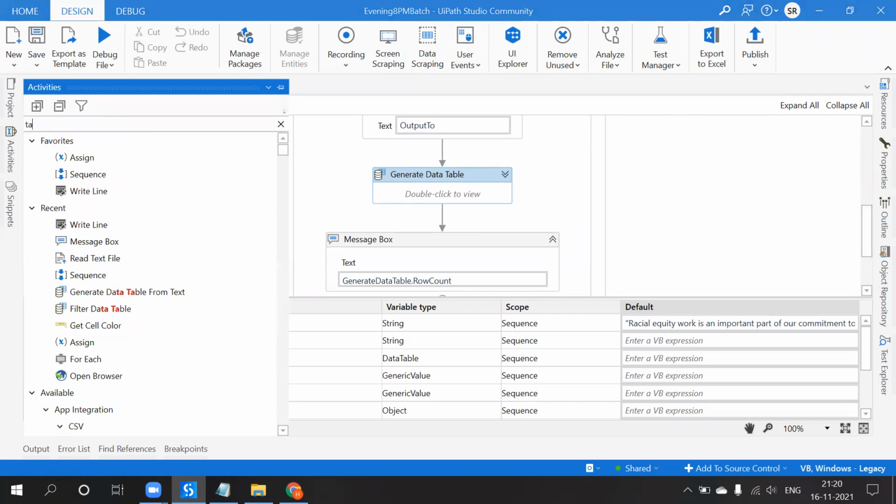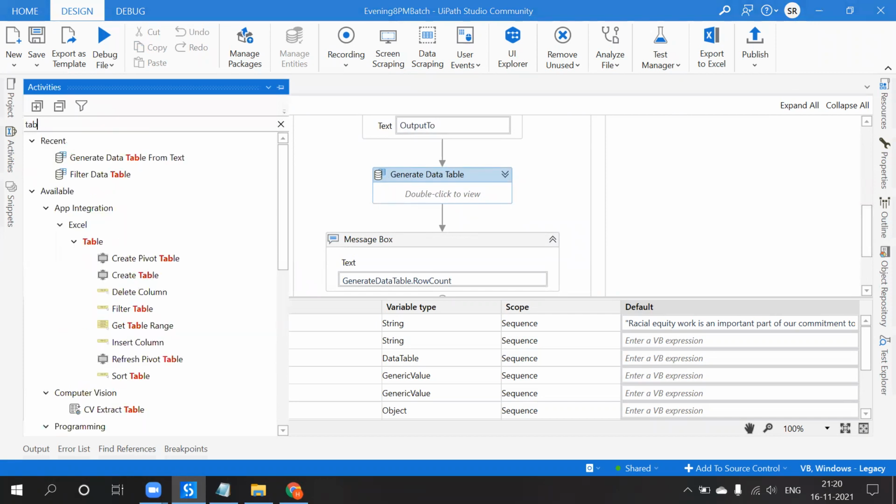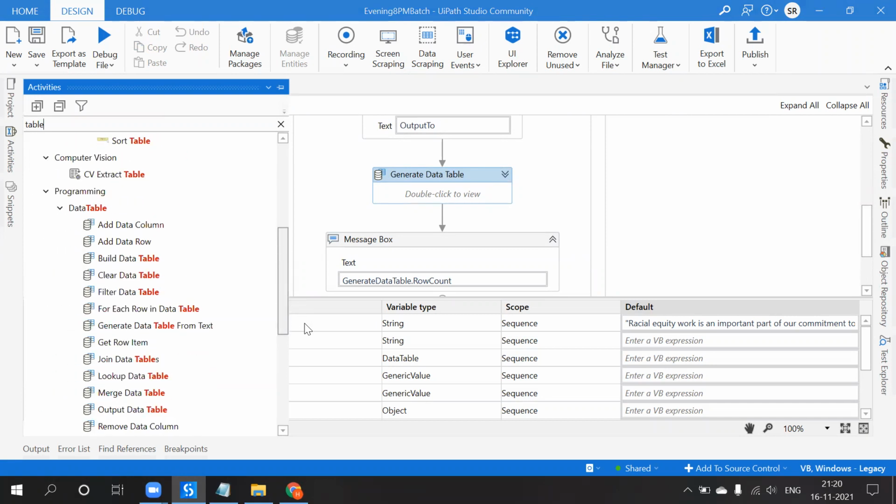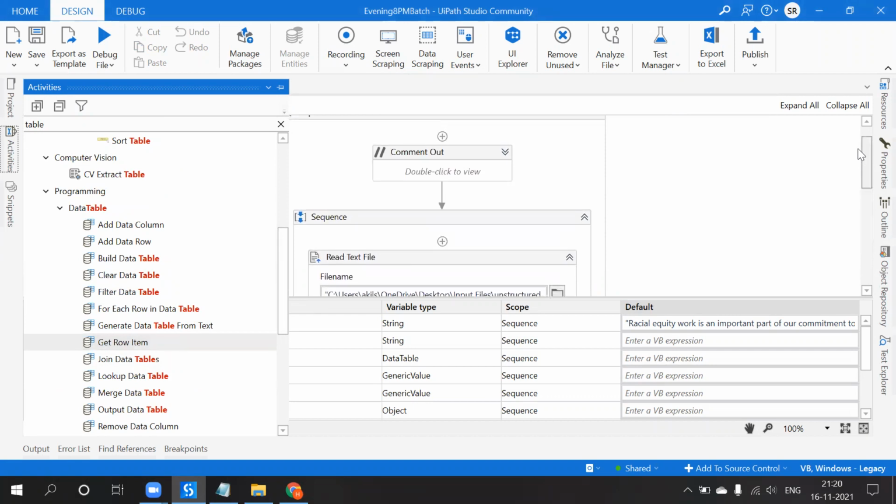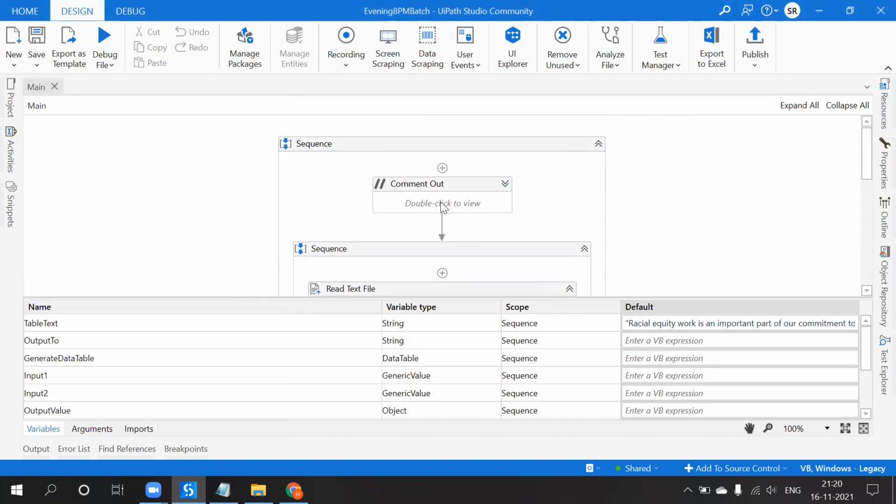Now next is Get Row Item. So here we have to use this one.